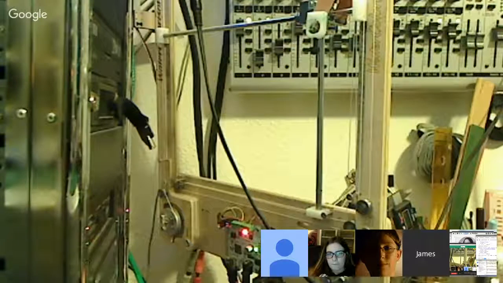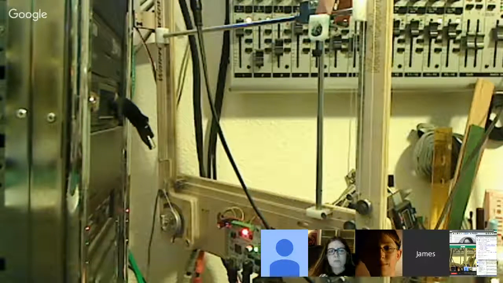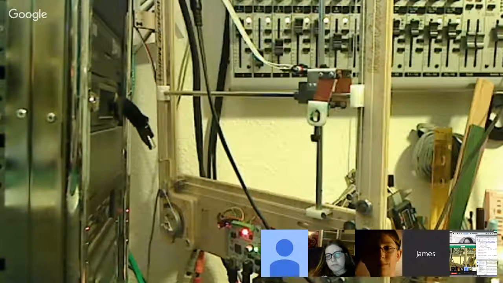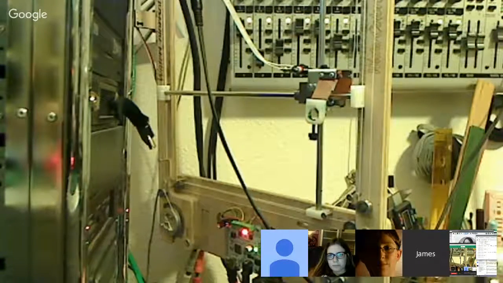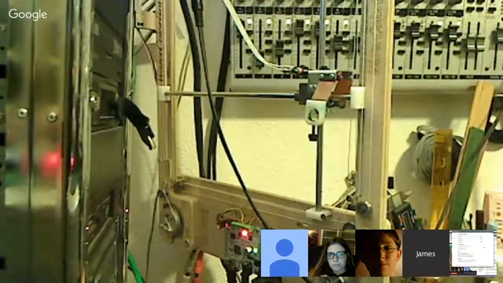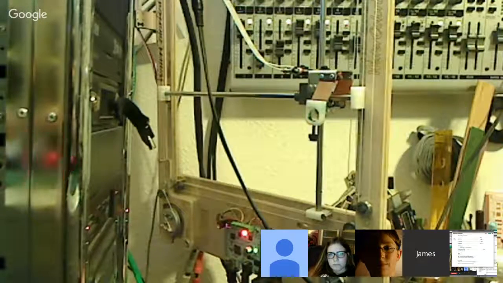So let's do a down. You might be able to see it. It moved. I'm going to move it all the way to the furthest drawing position on X. There we go. And let's move it up again. There we go. Apparently I have my drawing set up here.